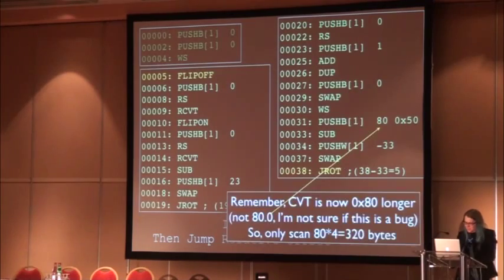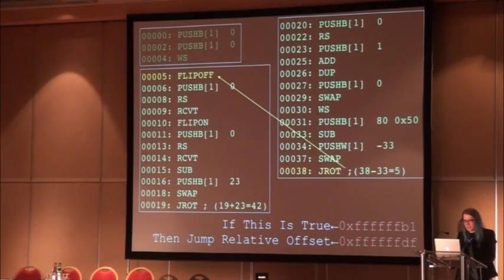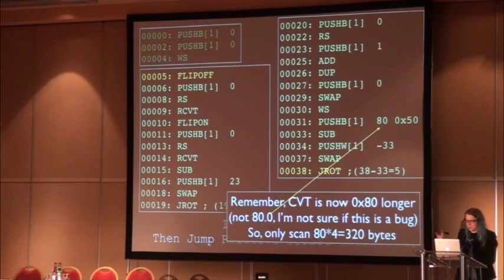And then it's actually weird. This is an undocumented thing. I actually had to go and reverse the function to figure it out. So the JROT instruction is supposed to jump. It's true if it's greater than 0 or false if it's 0, but it's not defined for negative. But in this case, it's negative, and so I looked that up. I think it's considered false.